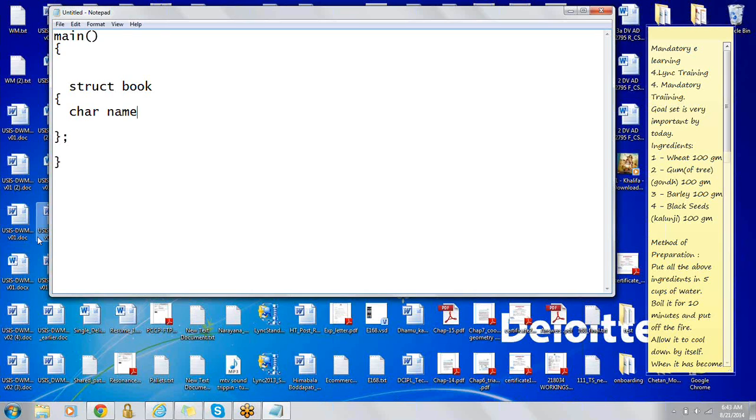Now the char name. A name can be one character or more than one character, just like Chetan. So I can use an array of around 5 to 6, or let's say name[10], because I need to store 10 characters in that particular array. Or simply I can write char name, so I can store only a single character. Just like say I have books: maths, physics, chemistry and biology. Then why should I write the full name? I can simply classify by first letter: M, P, C and B. I can add either the first letter or the full name, depending on my requirement. So here I am taking just one letter, char name, and then float